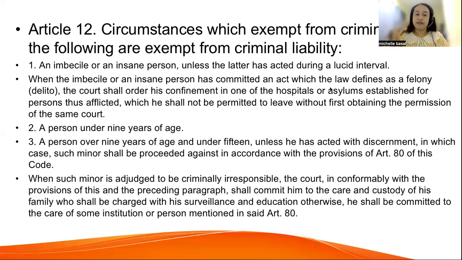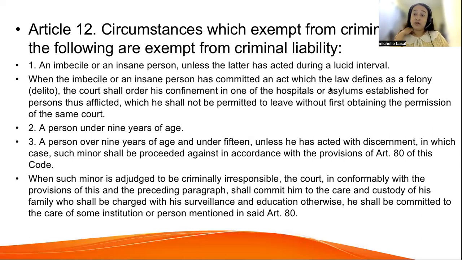We also have number 3. A person over 15 years of age and under 18. Instead of 15, it now says 18, because this provision of the Revised Penal Code was repealed by the Juvenile Justice Welfare Act. So now this provision will read: a person over 15 years of age and under 18, unless he has acted with discernment, in which case such minor shall be proceeded against in accordance with the provisions of Article 80 of